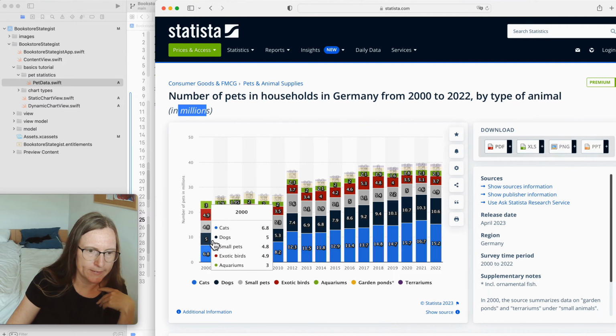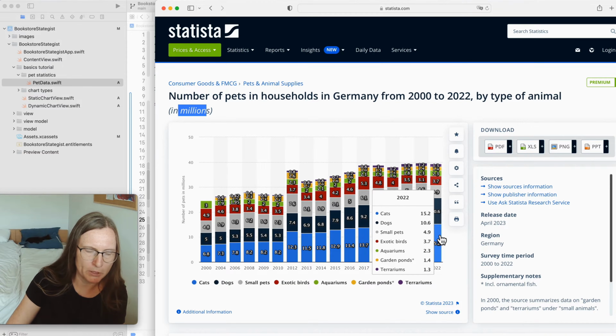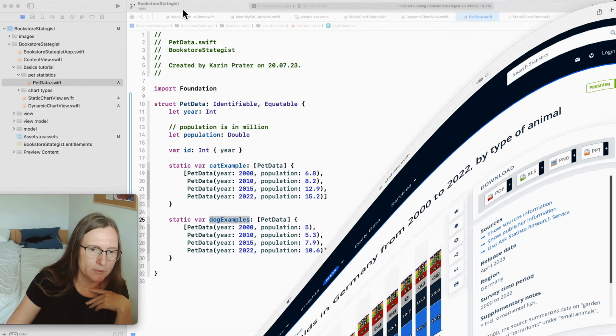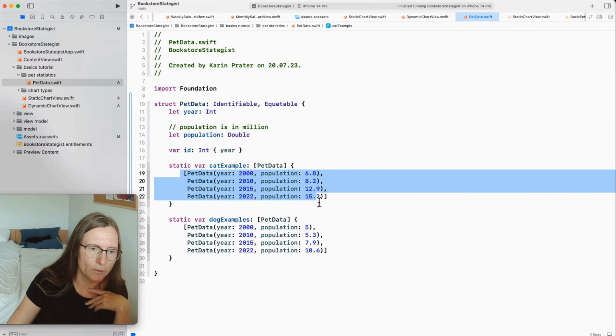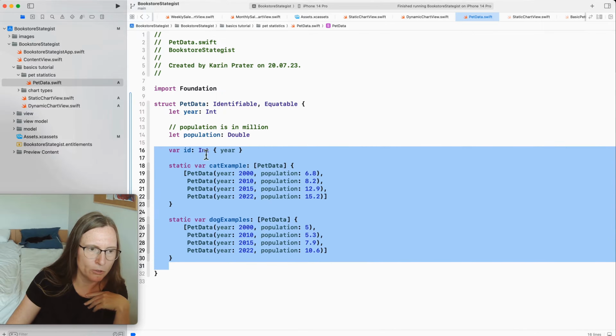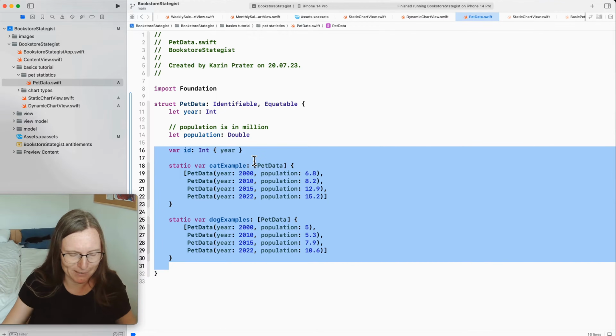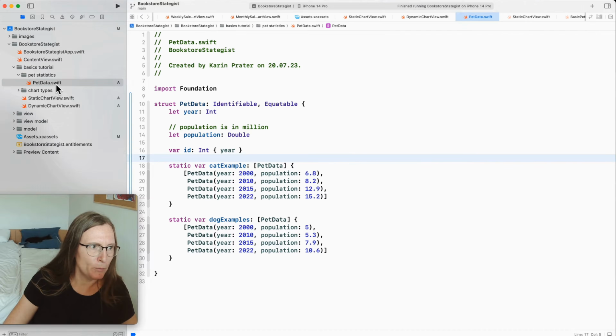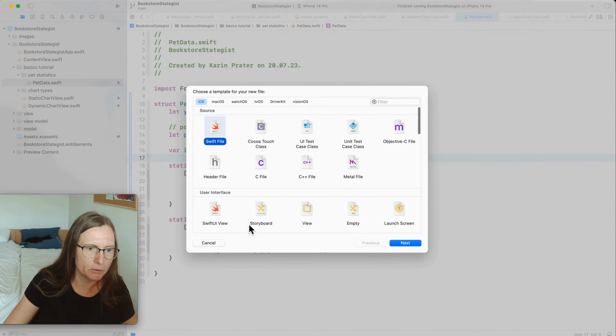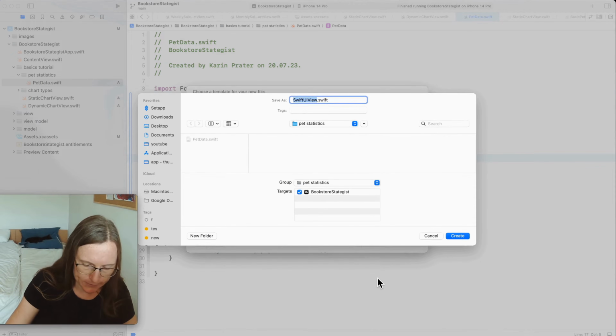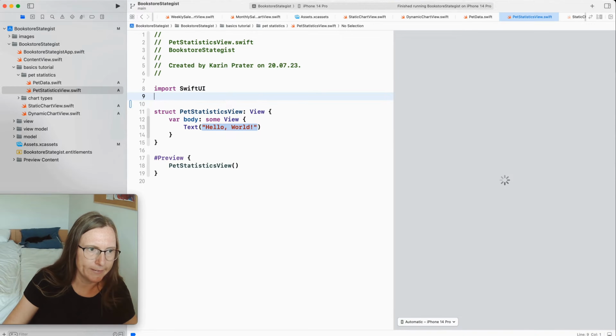And so you see here we have an increase in cats and dogs, pretty much doubling in this 20 years. And I used these 4 data points for each of these cats and dogs. And I want to now show a similar graph as you saw before, or maybe not the same complexity, in my app. So I am going to create a new view. This is a pet statistics view. Again, then import